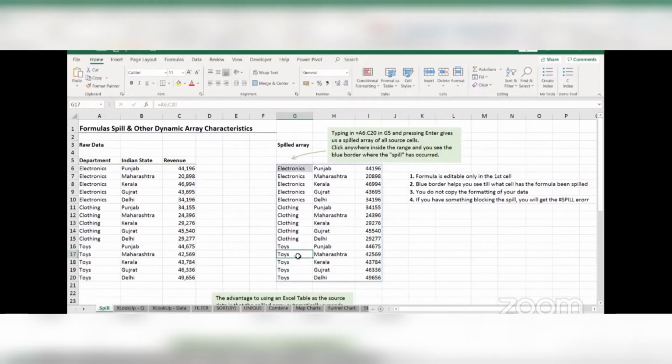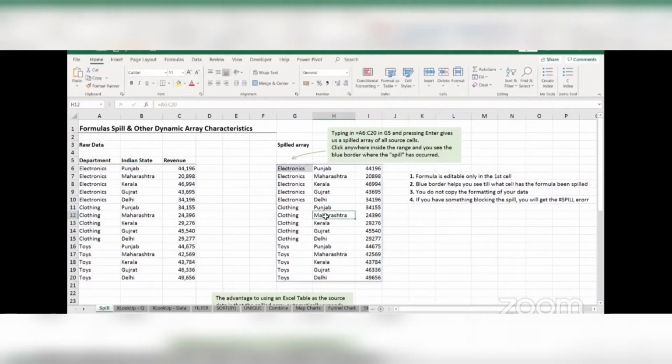Here we need to take care of 4 things. We need to note 4 things here. First, the formula is only editable in the first cell. So here where I have actually written the formula, if you look at my formula bar, I have the formula which is editable. So I can go ahead and edit the formula from here. But if I go to any other cell in my spilled array, notice how the formula bar is grayed out. I cannot edit my formula in any of the other cells. It is only allowed to edit in the first cell.